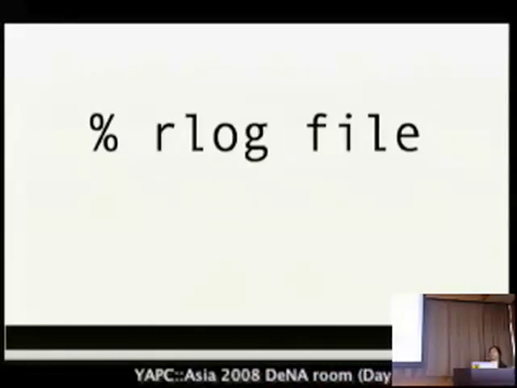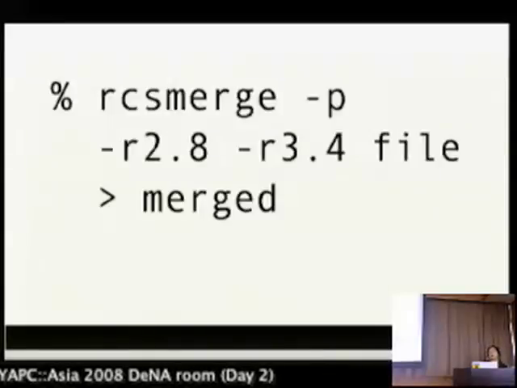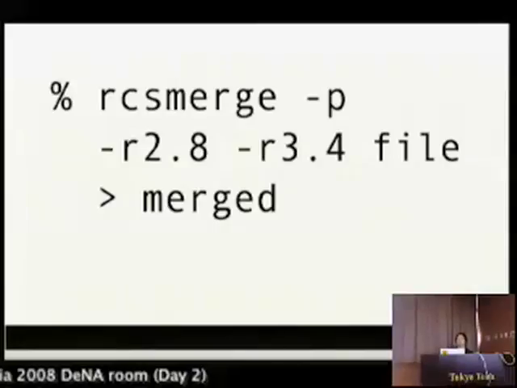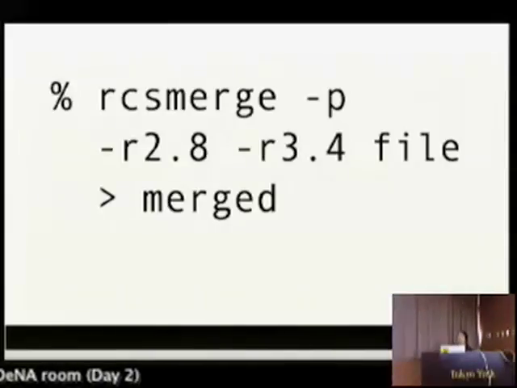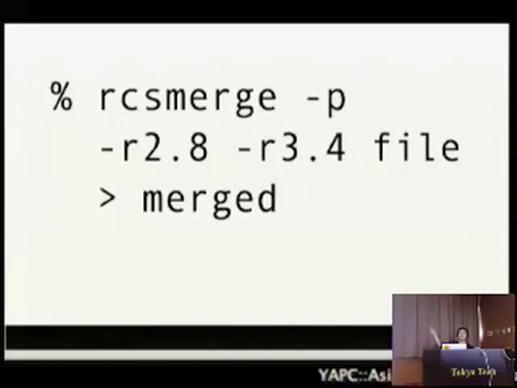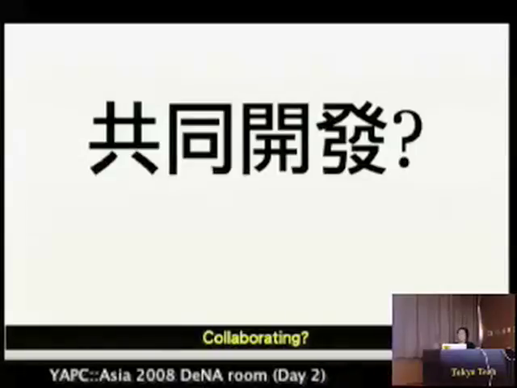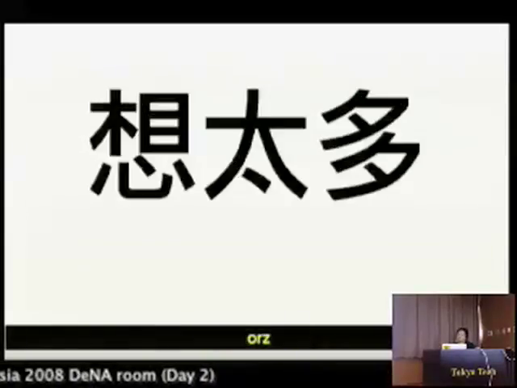This is usually used for config files under /etc by lots of system administrators. And you can also invoke a very obscure command to perform a merge on the file, which I can never remember. This probably means: try to merge the change between 2.8 and 3.4 with my local change on the file into a file called merged. Is someone using this? Okay, sometimes maybe. But what about collaborating? Because you can see this is just a tool for a single file. So if you want to collaborate,